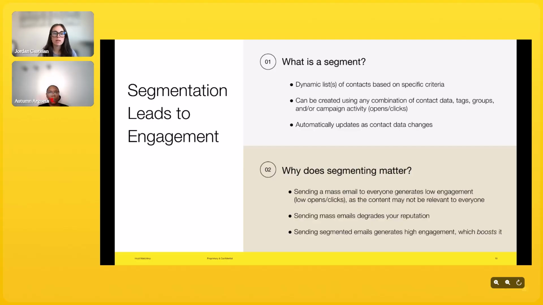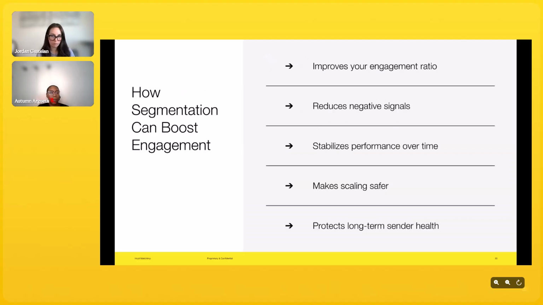Segmentation is huge, and it allows you to send a hyper-targeted campaign. I'm getting ahead of myself, but send a hyper-targeted campaign to these people and have that content be relevant to them. They live in a specific zip code. They bought a specific item. You can have your content be very tailored to this group of people. And I'm adding to what I've been talking about, but